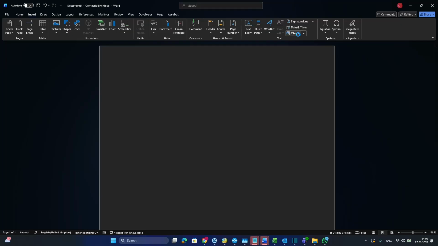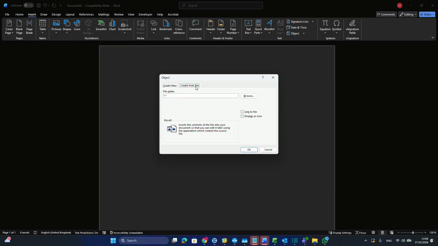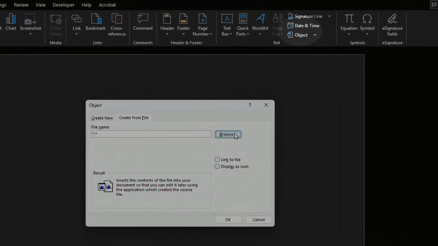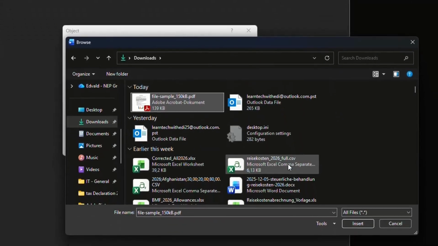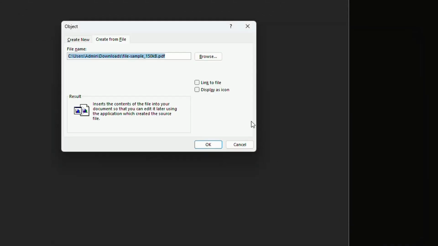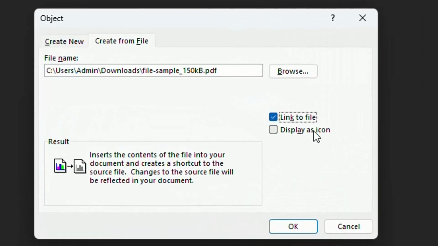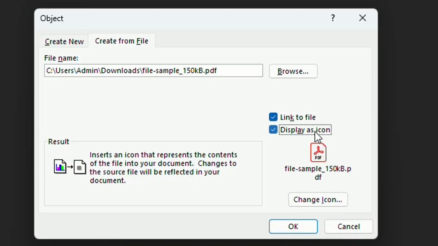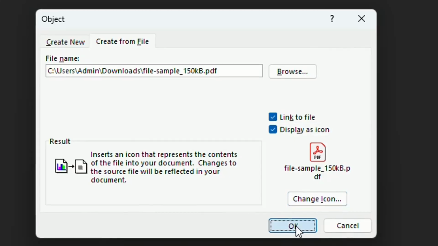We go again over Object and then again over Create from File, and here we browse to the file that we want to insert. So we just click over Browse. So here is the file that I want to insert. I click over Insert, but the difference that I will make is that I'll link this to the file and I will display this as an icon inside of my Word file. You can change the icon if you want, but I'll just leave the PDF icon